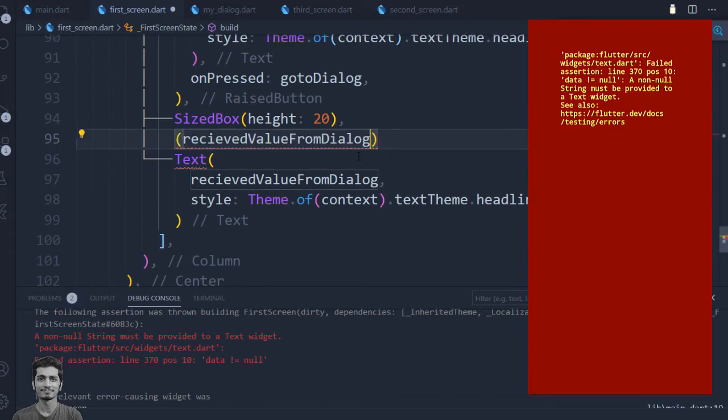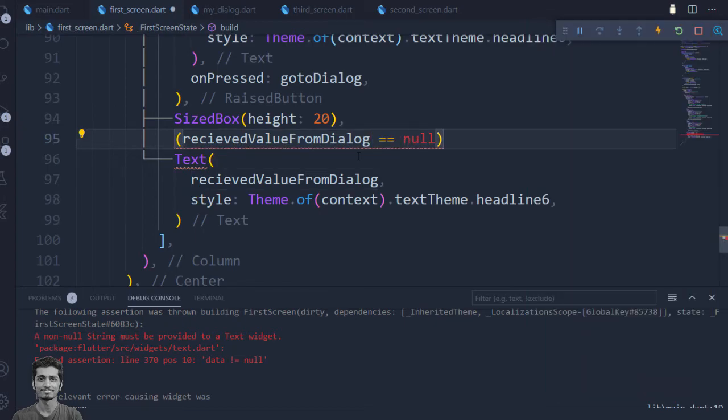In this if condition, we will set that if this variable is equal to null, and then I will type the question mark. What we wanted to do, we wanted to display an empty container. And then if this variable value is not equal to null, then we wanted to display the text field.